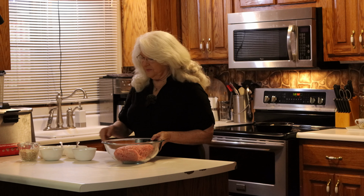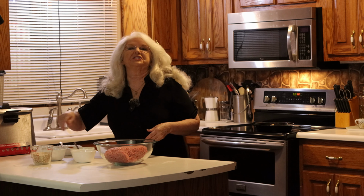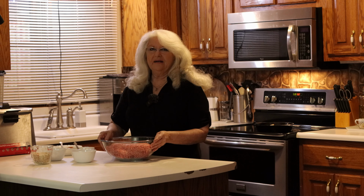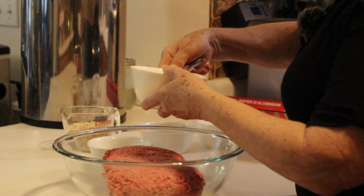Okay, we're going to start with making a meatloaf today. We're going to make just a simple, easy meatloaf that anyone can make. We start with 2 pounds of hamburger, 3 eggs,